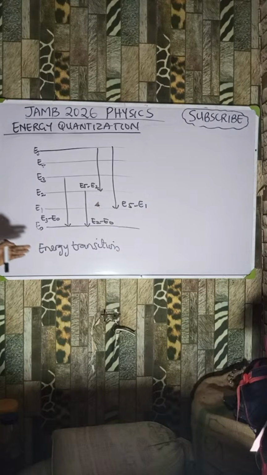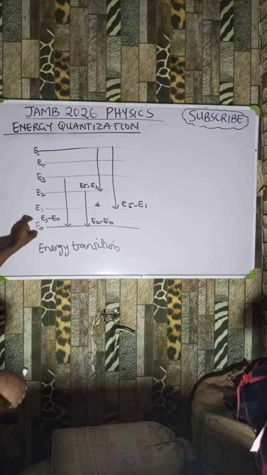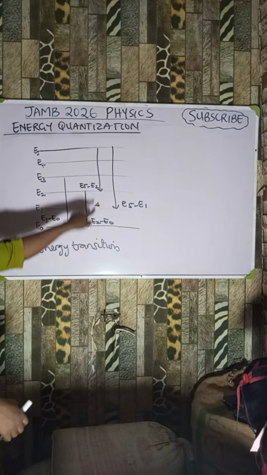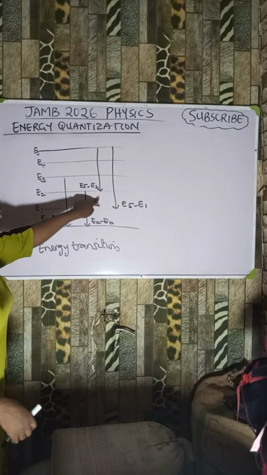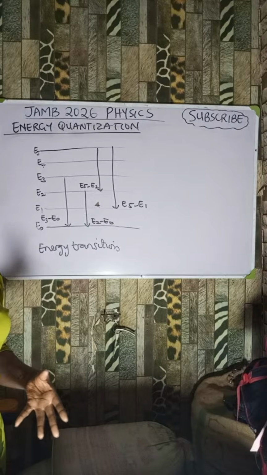Okay? As it's returning back to its normal state, it's going to emit an energy or quantum with this formula. So it came back from energy level 3 to energy level 0, right? This one came from energy level 2 to energy level 0, right? This one is energy level 5 to energy level 2. So that is what we mean by jumping and bombardment. Once an atom is bombarded, it tends to jump from its original ground state to another higher energy level, right?